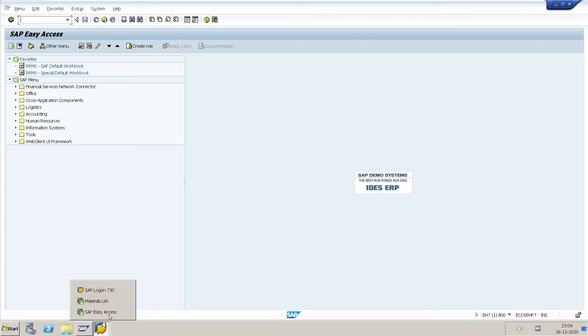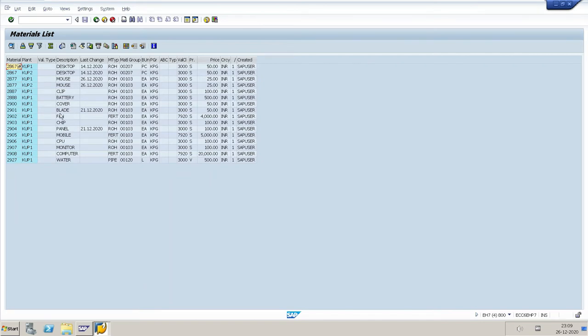First requirement is that the material should exist in both plants. Now we have the materials. I will take material 2887, which is available only for plant 1, KUP1.